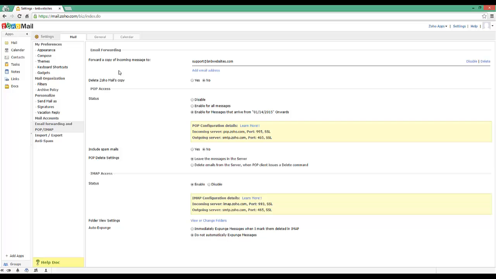So if you have email forwarding enabled, what we recommend is that you still log into the Zoho Mail account at least every 6 months to ensure that Zoho doesn't think that your account is inactive and needs to be closed. So just to recap, in order to set up email forwarding, you'll need to come into Zoho, punch in the email address where you want to receive the emails ultimately, and then you need to go to that address, click the verification link and sign in, and then email forwarding will